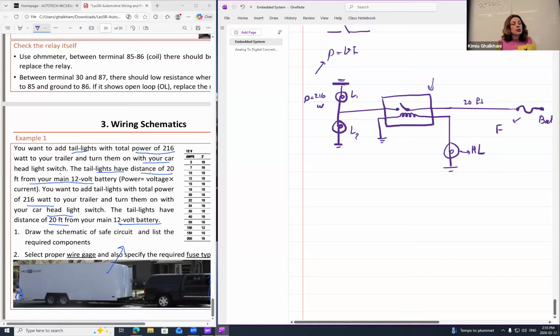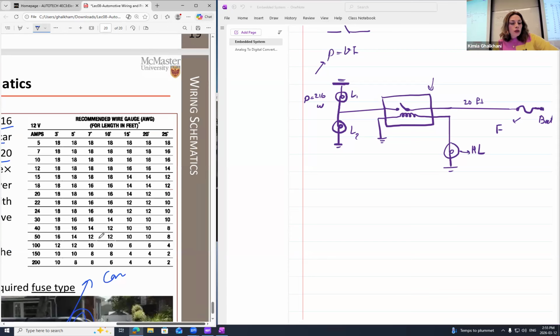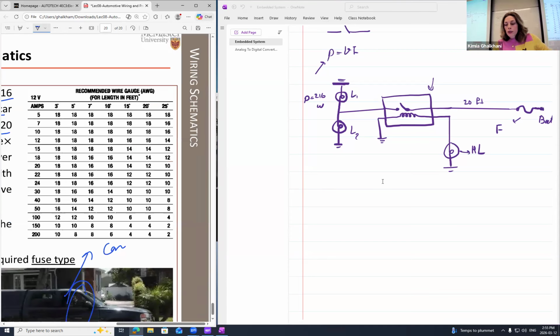In this case, my loads are my LEDs. So I don't need the question anymore. All I need in here is the table just for your reference. Therefore, I'm going to leave this table for your reference. I'm going to maximize it. You can see it on the side, and we are going to use it in order to complete the problem.